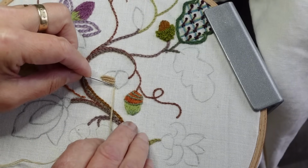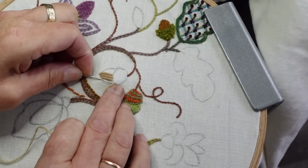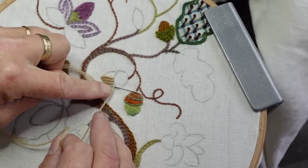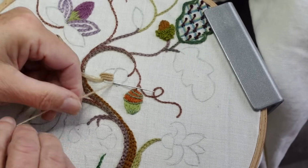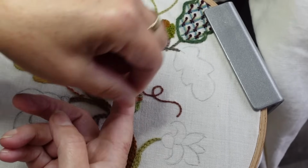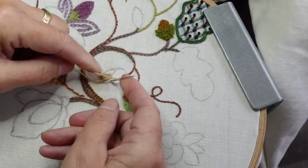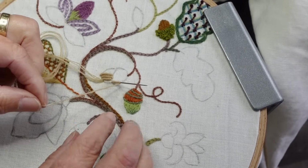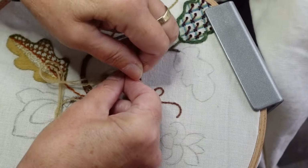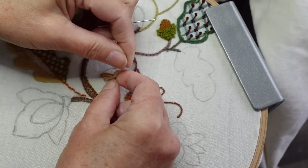So I've come out the same distance at the top, taking it a little bit further in at the bottom, because I don't want any very short ones on the outside edge. 2, 3, 4, 5, 6, 7, 8, 9. I'll do 10 this time because I am getting a shorter row. Hold on, pull through, and then